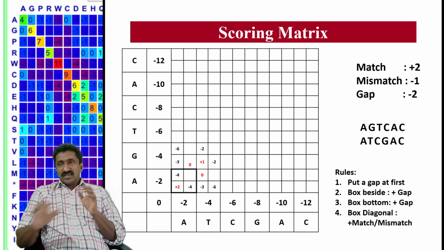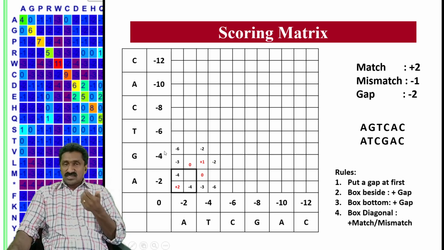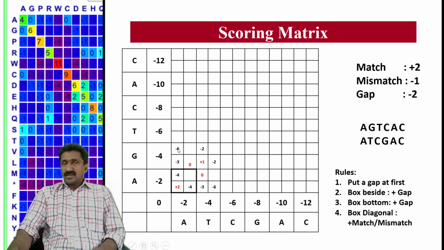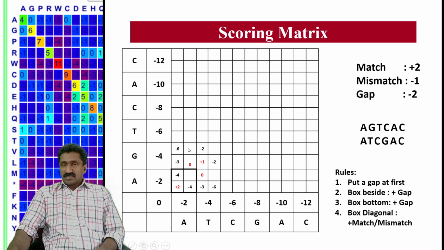Okay. So by inserting a gap in one sequence, for example, in this sequence, you will move horizontally. So in that case, the gap value of -2 should be added to the value in the previous box. So -4, -2 will be given and it will be written here. It's for your understanding. Okay. So if you are providing the mismatch value here, that will be written on this box, and on the top side you can assign this value, that is a mismatch value.